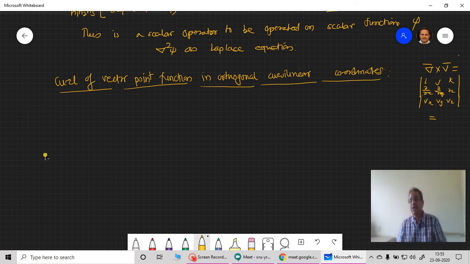Depending upon the curl, the vector field is said to be curly if it is non-zero, and if it is zero, the vector field is said to be non-curly. These are the definitions we discussed earlier in SYBSc: curl, field is curly or non-curly, rotational or irrotational. All this information we studied earlier. Now here we are going to define the equation for curl of f bar in the curvilinear coordinate system, and then how to apply it for different systems. That will be done later on.